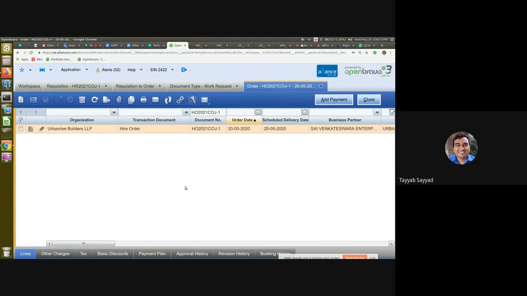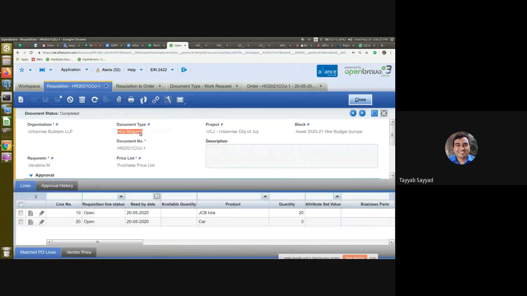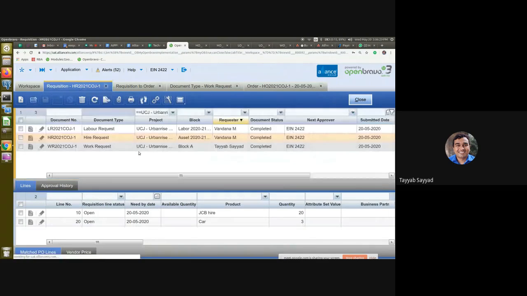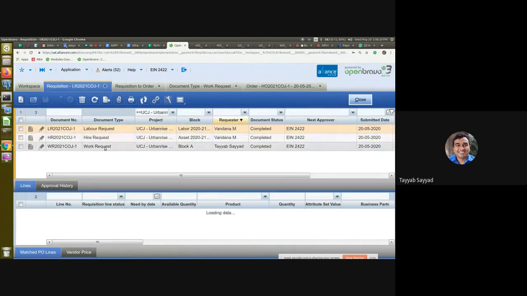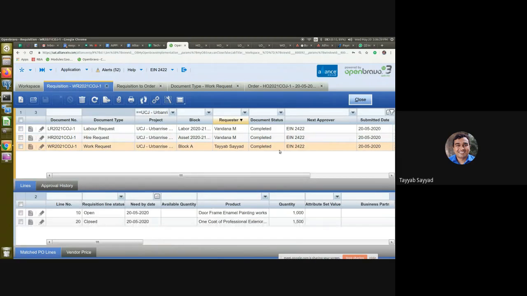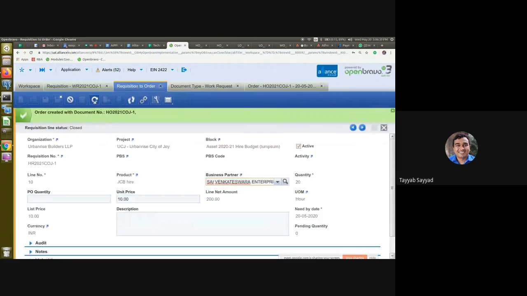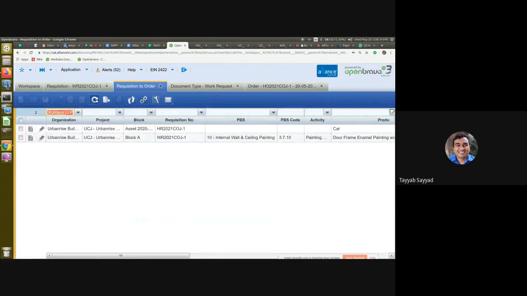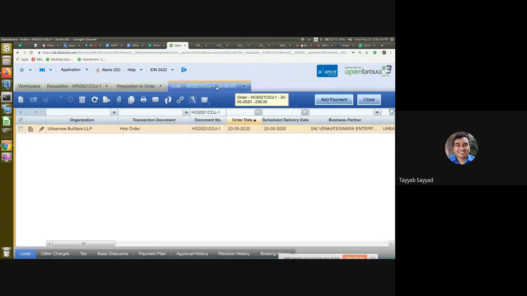So these are the key factors for the contract teams to create the orders, like request for hire. So we created hire requests, labor requests, and work requests. Okay. And we went to the requisition to order screen and processed those requests. And we created the order for those items.